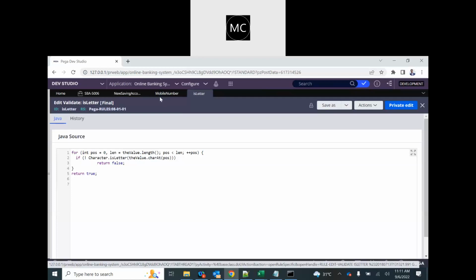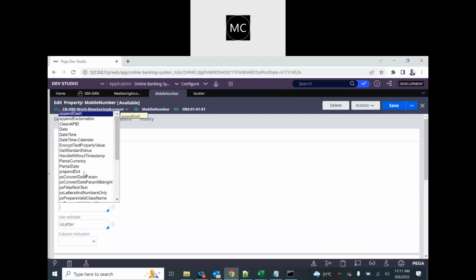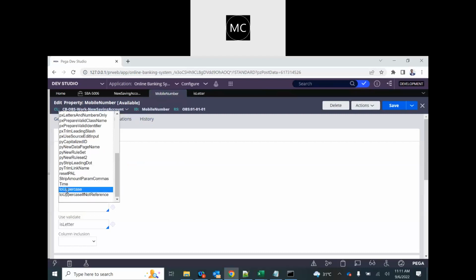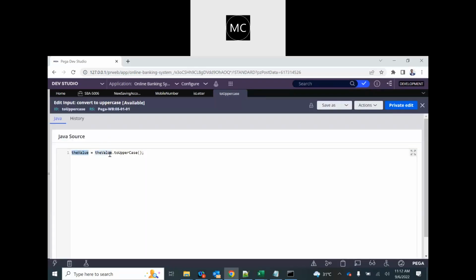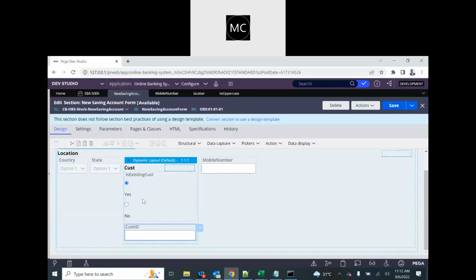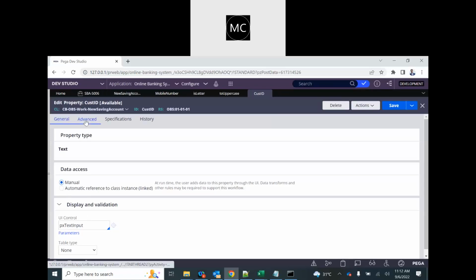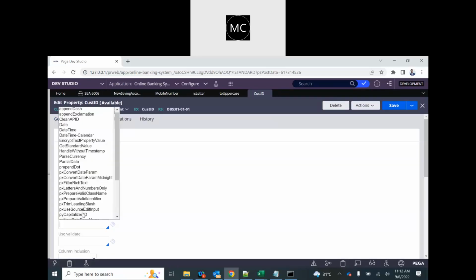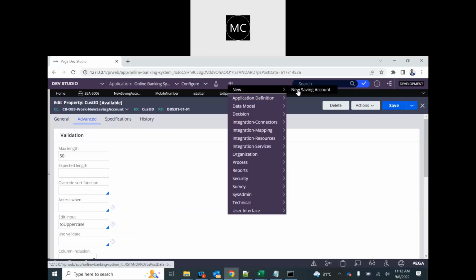All right. Edit input is something that we use to convert whatever user has typed, right? So there are several edit input rules already there that you can see. So to uppercase is already an edit input rule that is created. All it does is take the value and convert it to uppercase. This is very simple. So in this case, we don't have to do anything. It's just that we will have to use the right property for it. So here in the advanced tab, we can use edit input to uppercase. And now if I create a case,